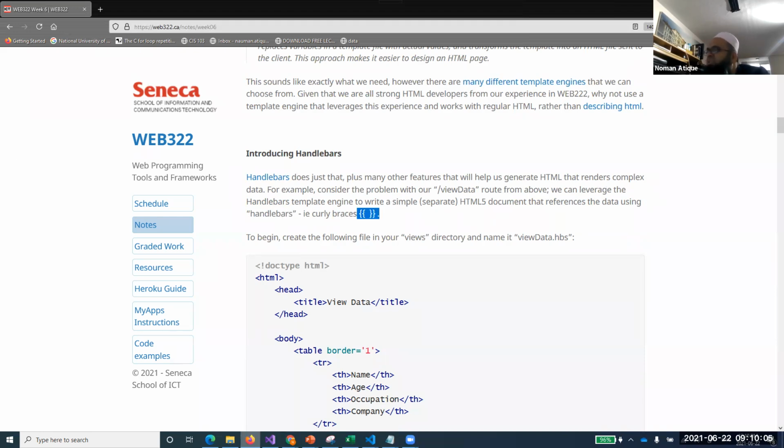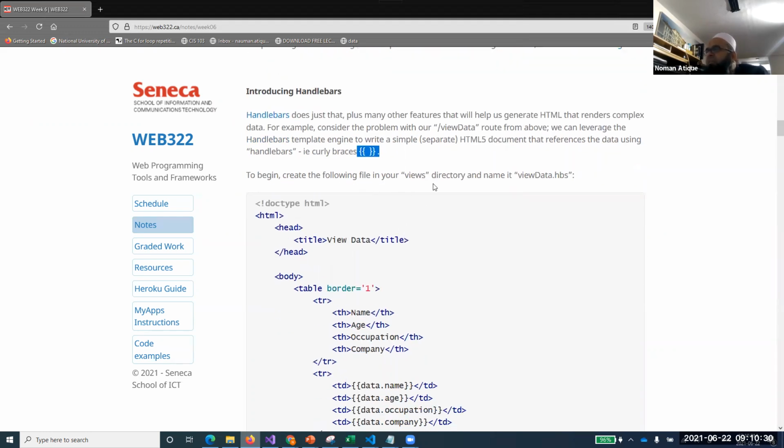Has any one of you used handlebars before? Any experience, Alex, before, or Armin? Armin does not have. Alex, do you have any idea, or have you used it? Oh yeah, so you have used the other ones. Okay, but here you'll have to put a dozen curly braces if you want to work with handlebars. You know the concept of template engines, of course.